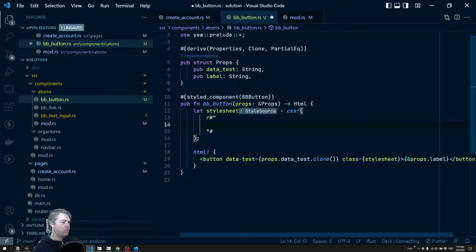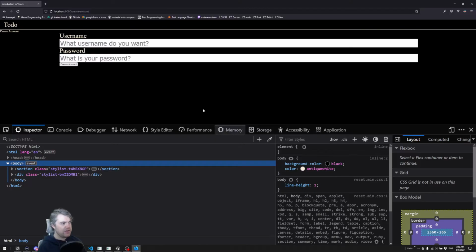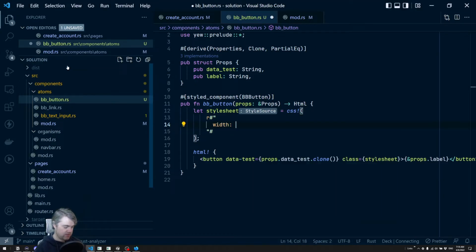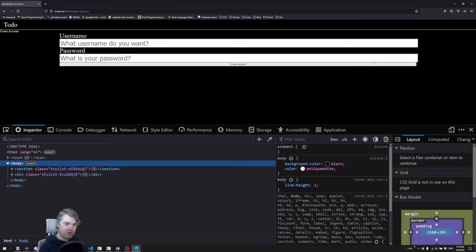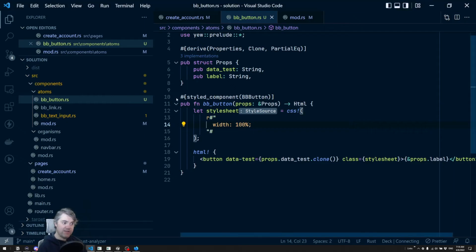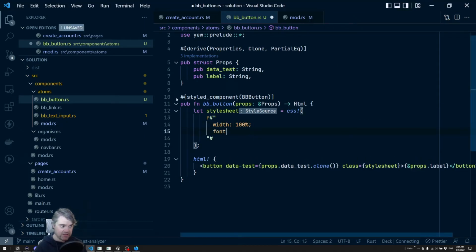So what do I want to do inside of here? We can give it a width of maybe 100%. That'll bring that all the way across there. We can give our font size